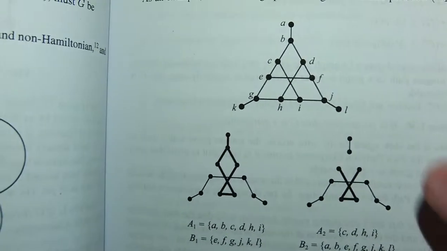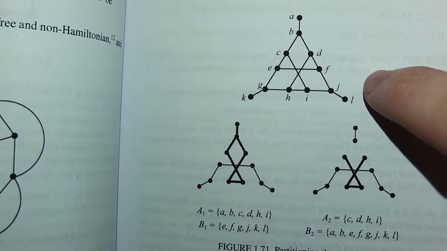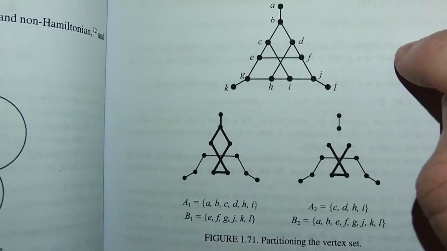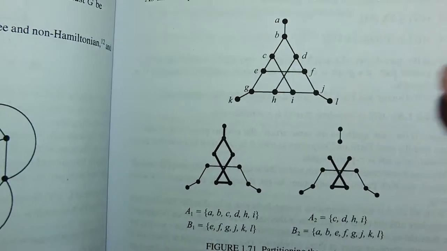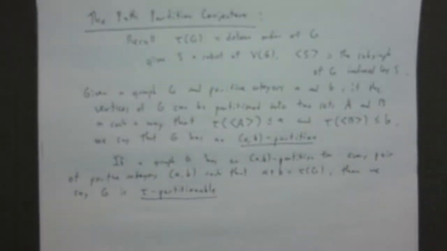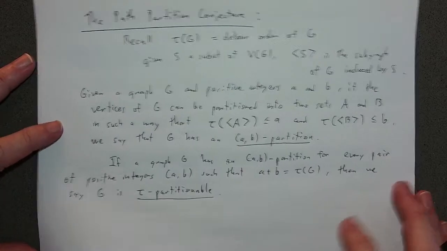That's 4 plus 7. If I wanted to show that this was 11 partitionable, or tau partitionable, I would need to show that this graph had AB partitions for 1-10, 2-9, 3-8, 5-6, and 4-7, which I've already done. Okay. So I would need to show all of those things, just to make sure you're understanding there, right? That is what I would need to show. I'd need to construct an AB partition for every A and B such that A plus B was the detour order. And the path partition conjecture